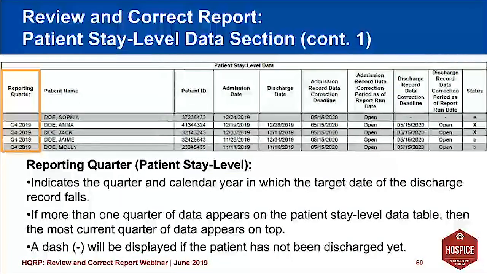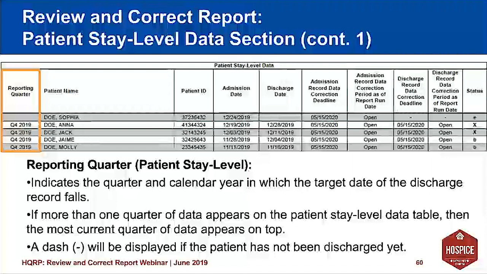The reporting quarter, you'll see in the column all the way to the left that's highlighted in orange. Again, same as for the facility level data, you'll see the specific quarter and year there.